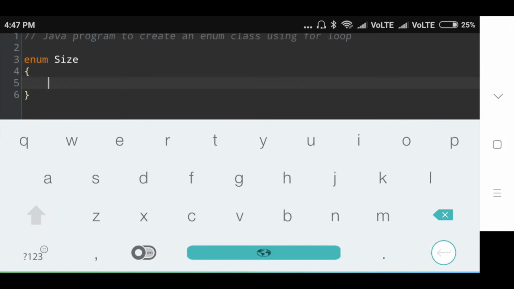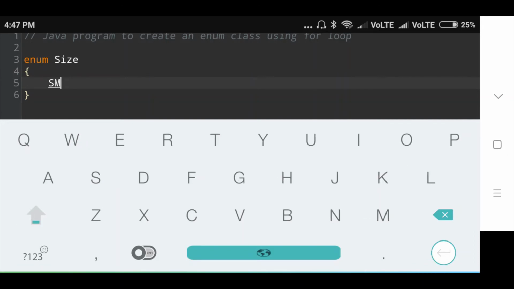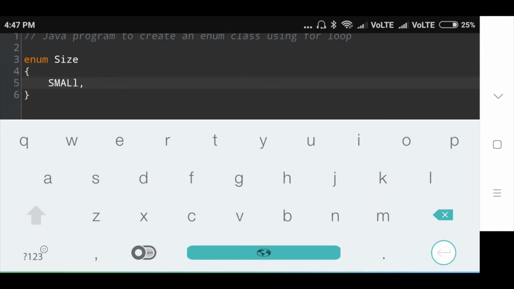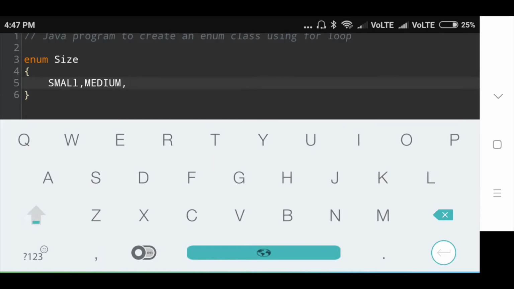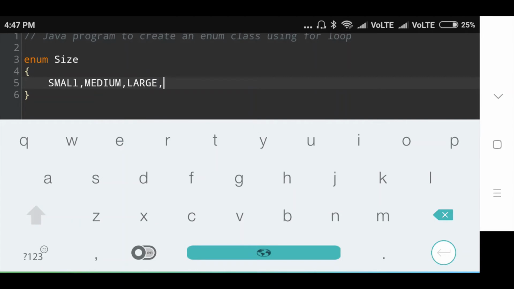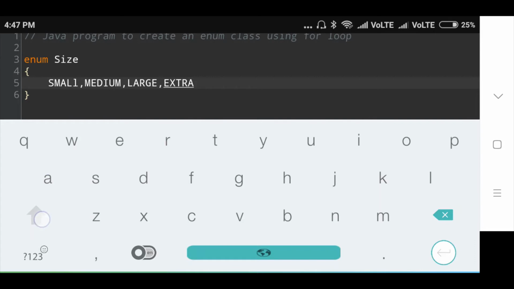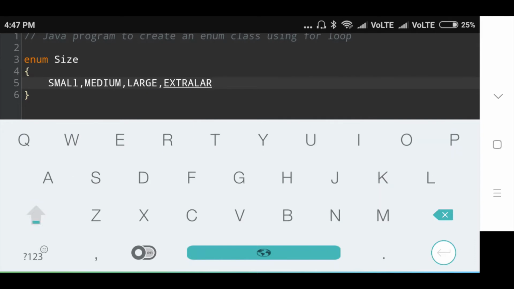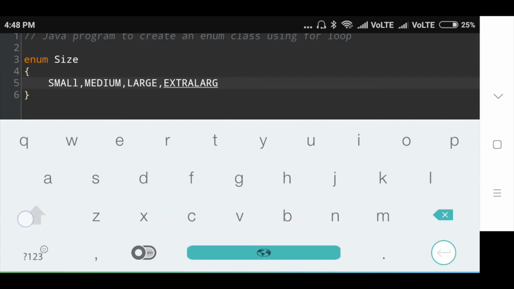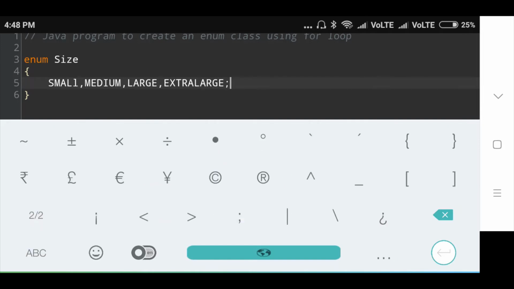Inside this enum class, the class contains 4 enum constants: small, then medium, then large, and next is extra large. Then semicolon, then